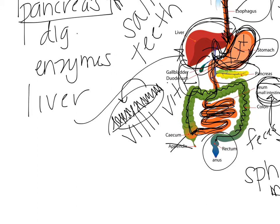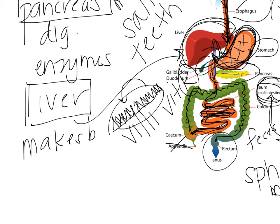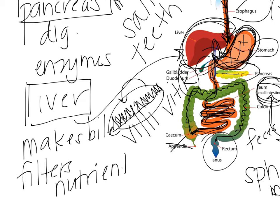And when we dissect the frog and we open up the body cavity of the frog, the very first thing you'll see is the liver. It's huge. So the liver makes bile, and it also filters nutrients once those nutrients are absorbed from the small intestine. So the nutrients are absorbed into the blood from the small intestine, which is then filtered through